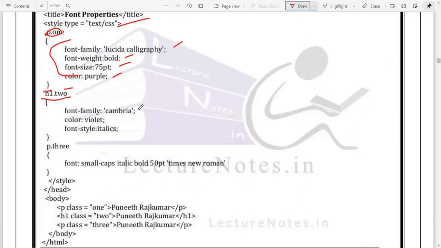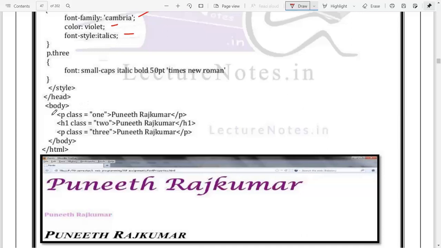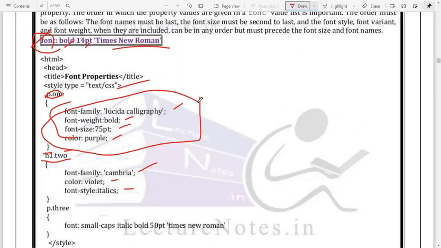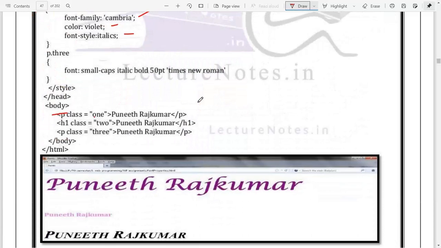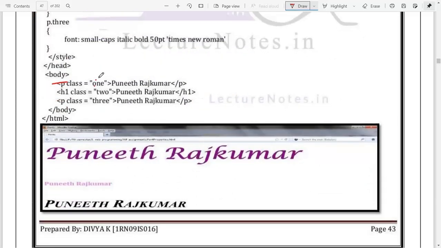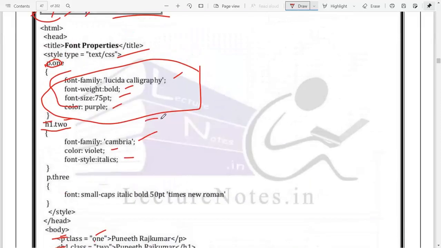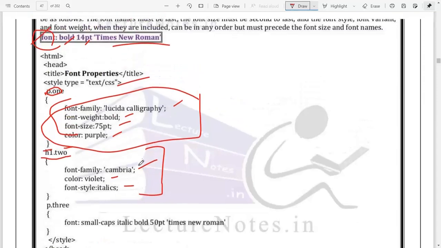Similarly for the h1 tag, I'm going to use this font family, color as violet, and font style as italic. So whenever I'm using a paragraph with class 1, it is going to apply the first property, which we have selected now. When I use the h1 tag, whatever property I have applied for the h1 tag will be applied.